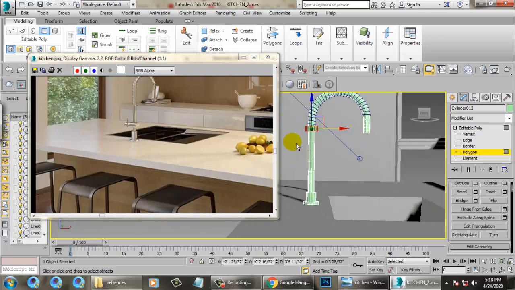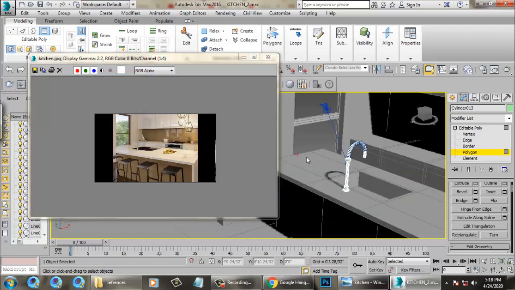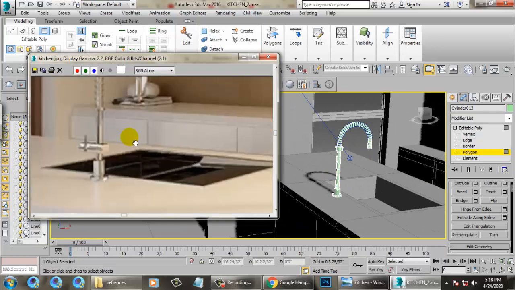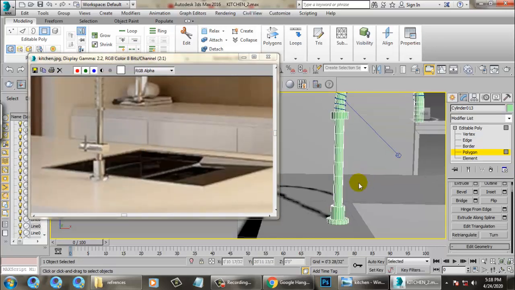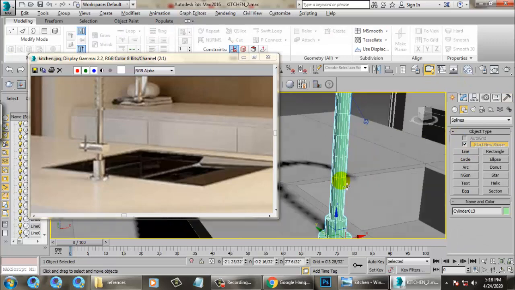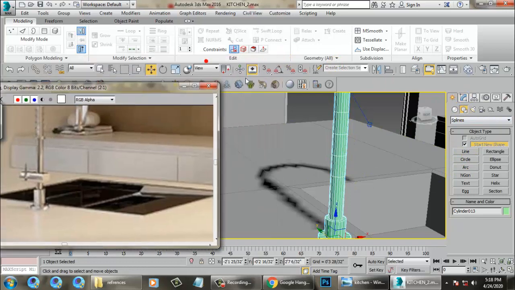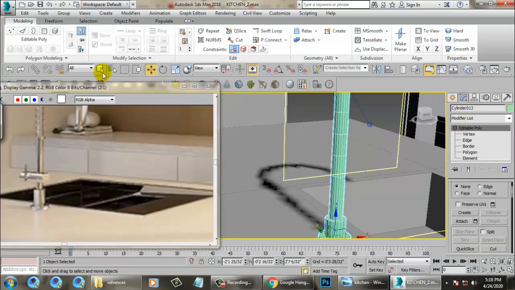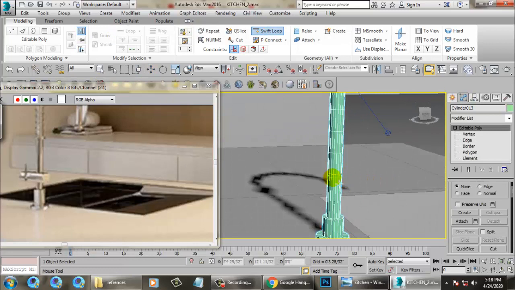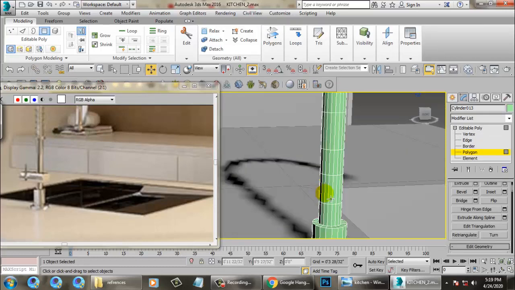That's it. Alright. Once you're done with this, again we can go over here and take a swift loop for this. Assign one loop over here, assign one loop over here, and just go on selecting this.